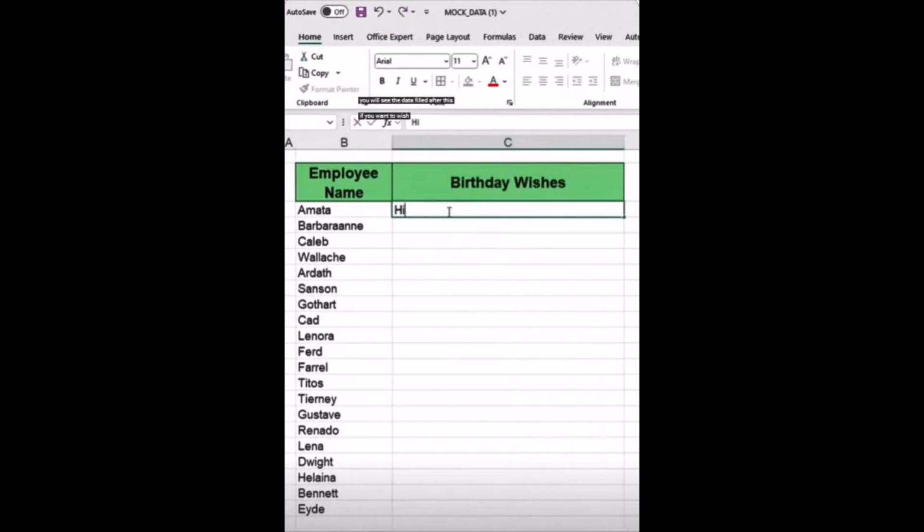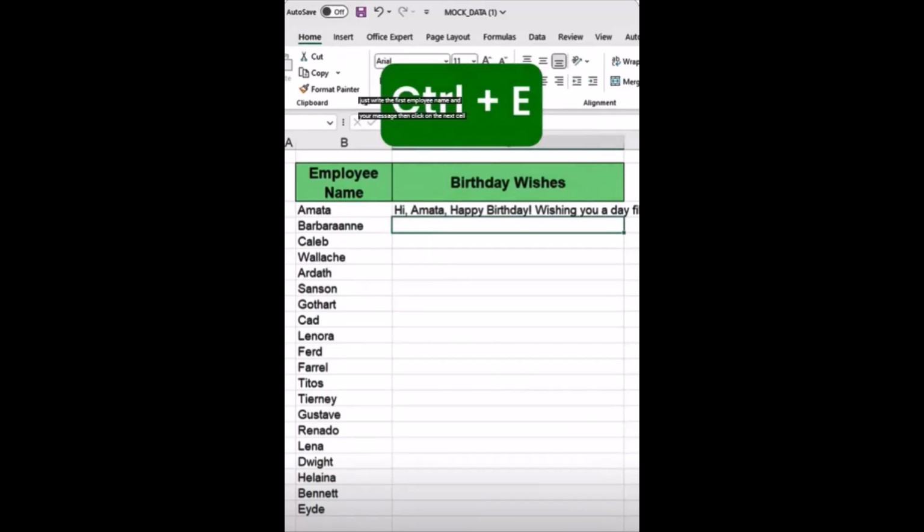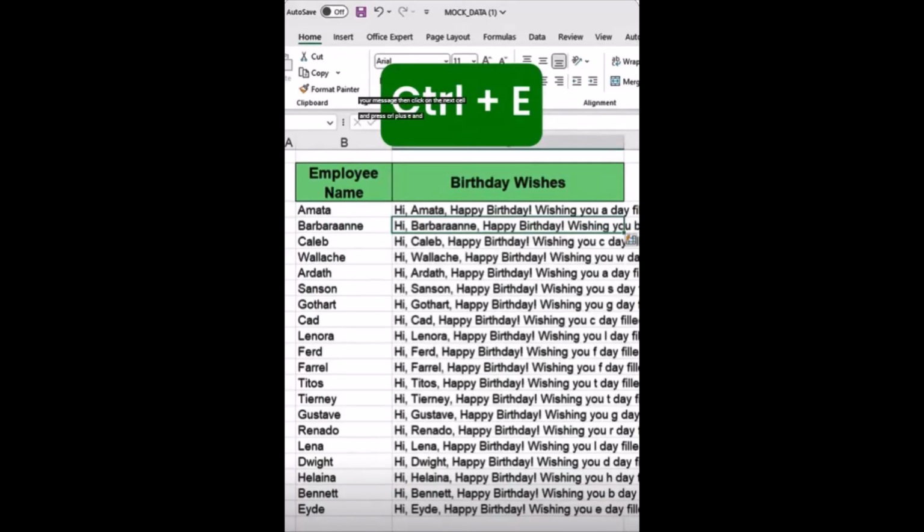After this, if you want to wish multiple employees a happy birthday or send the same reply, just write the first employee name and your message. Then click on the next cell and press Ctrl+E, and all the data will be filled automatically with the employee's